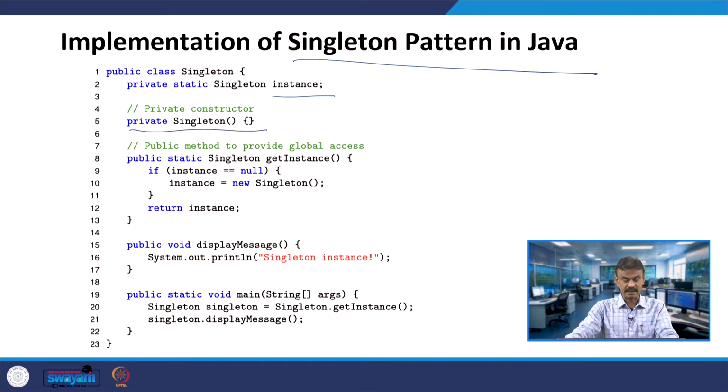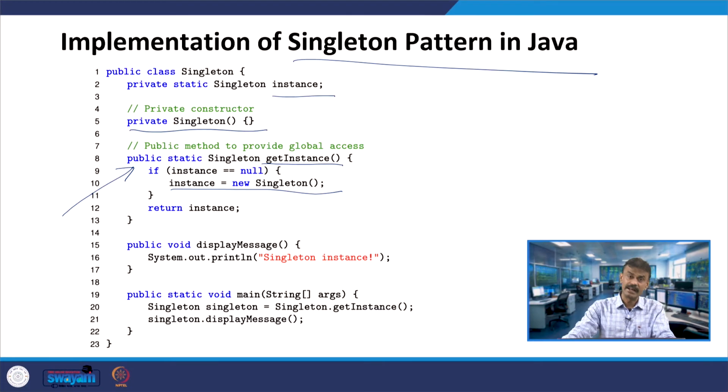And here you go, the public static member function get instance under the singleton class. If instance is equal to null, you create an instance: instance is equal to new singleton, which is the private constructor.